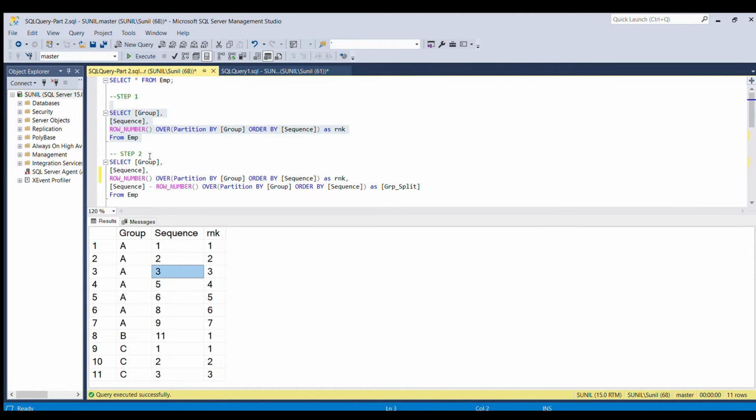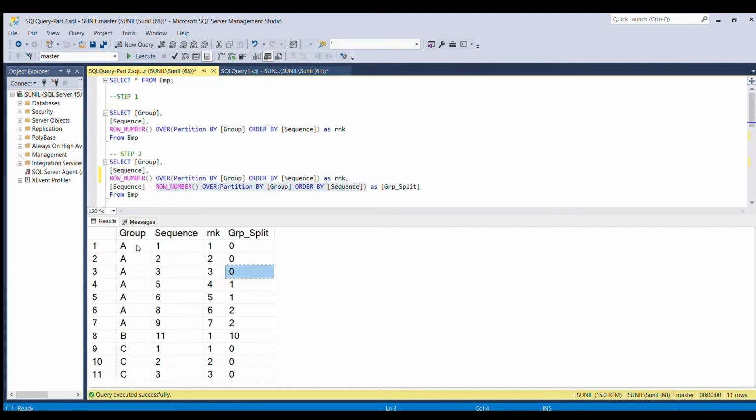So in this step 2, I am going to show the logic. If I do a minus between the sequence field and the rank field, this is our rank field, and I have derived it and given it the name group split. So if you see the difference, it is giving 0 0 0.